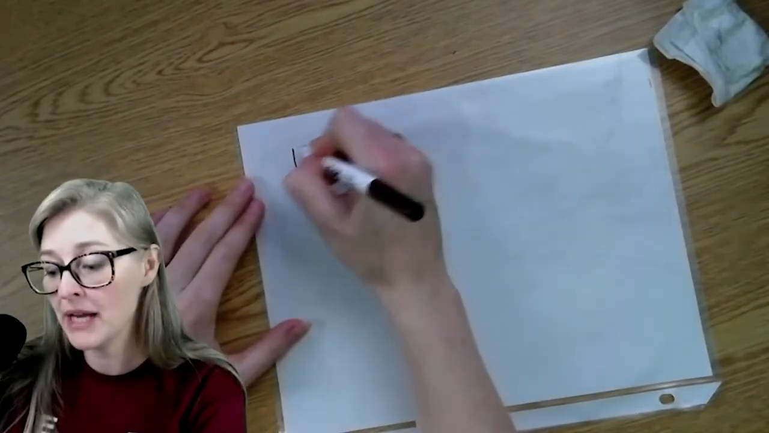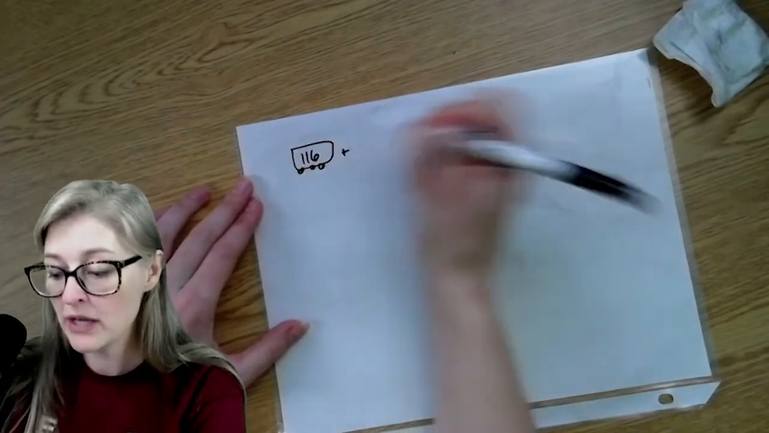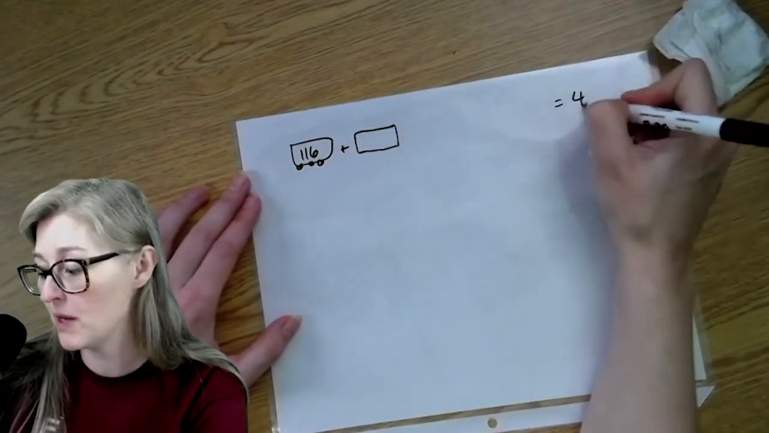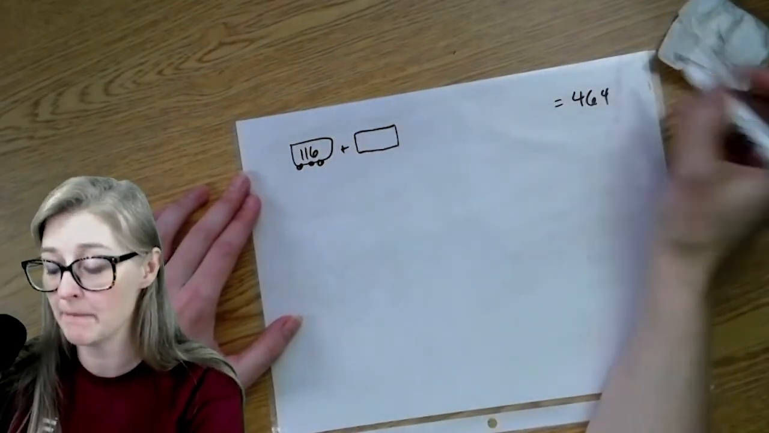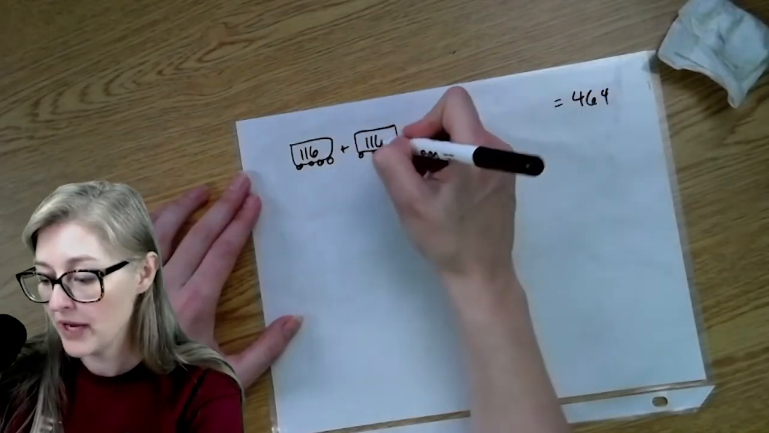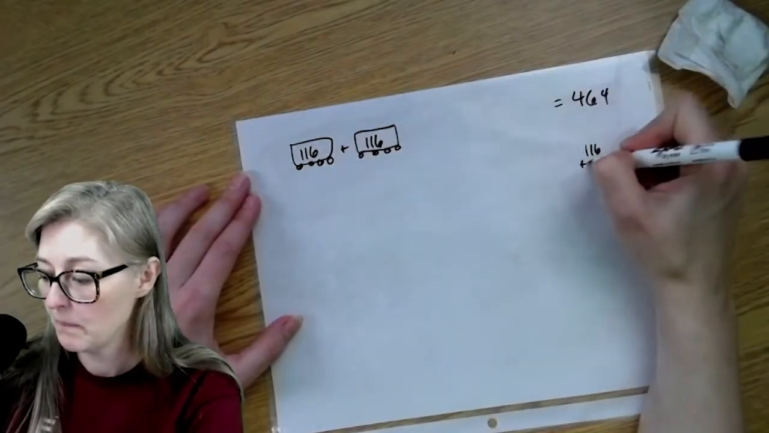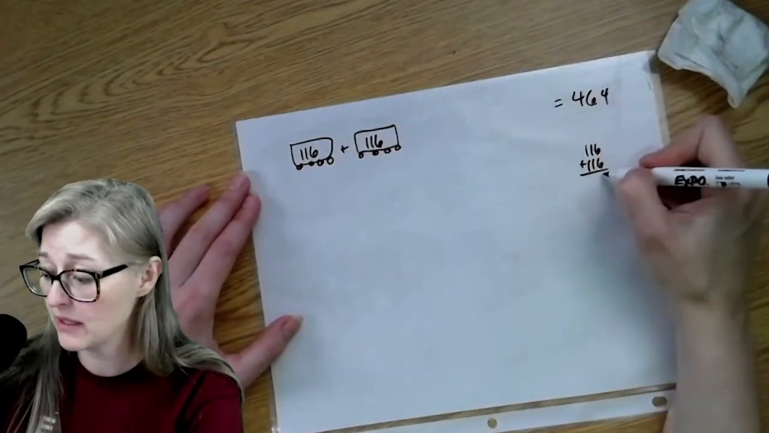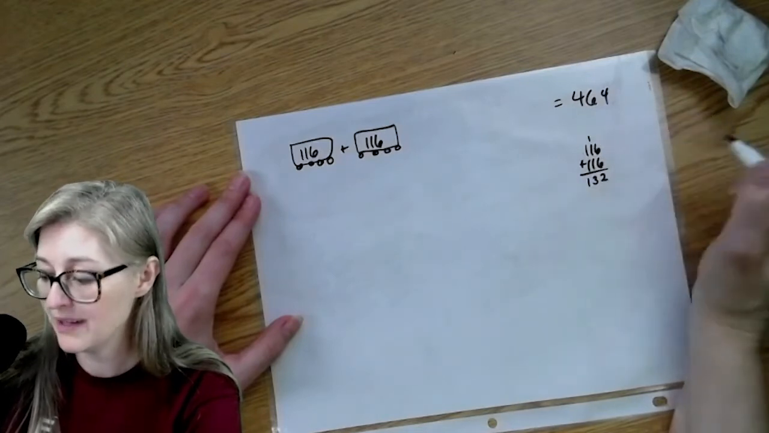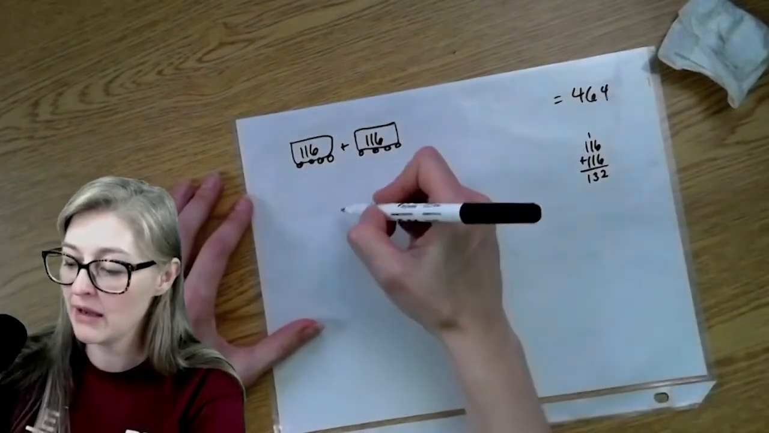So I might even draw out, here's my little train. If I have 116 train cars, well, that's definitely not getting me all the way up to 464, right? So I need to know how many of these little cars. Well, if I get to 116 plus 116, I don't think that's going to be enough. So 1, 2, 3, 1. I'm not even close, right? So I need to take